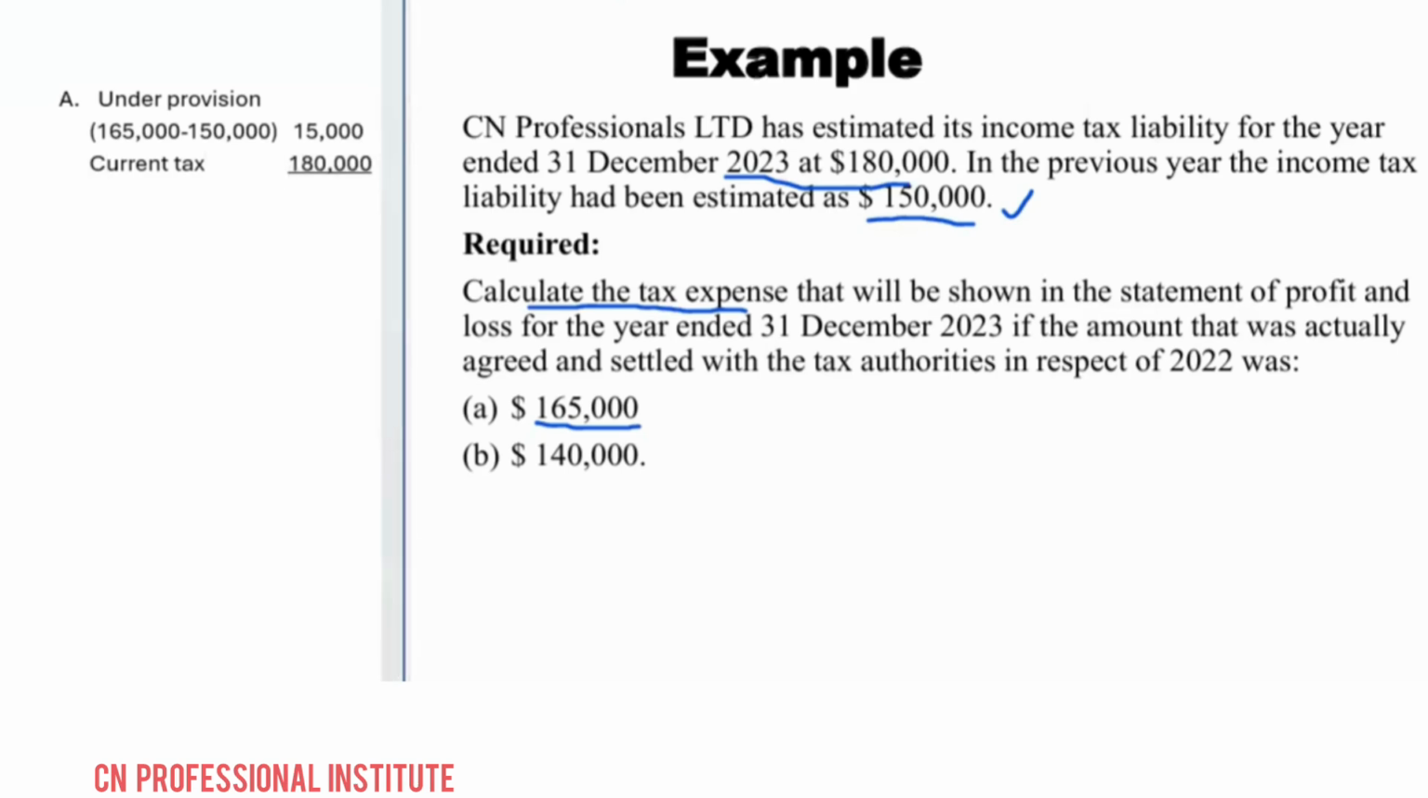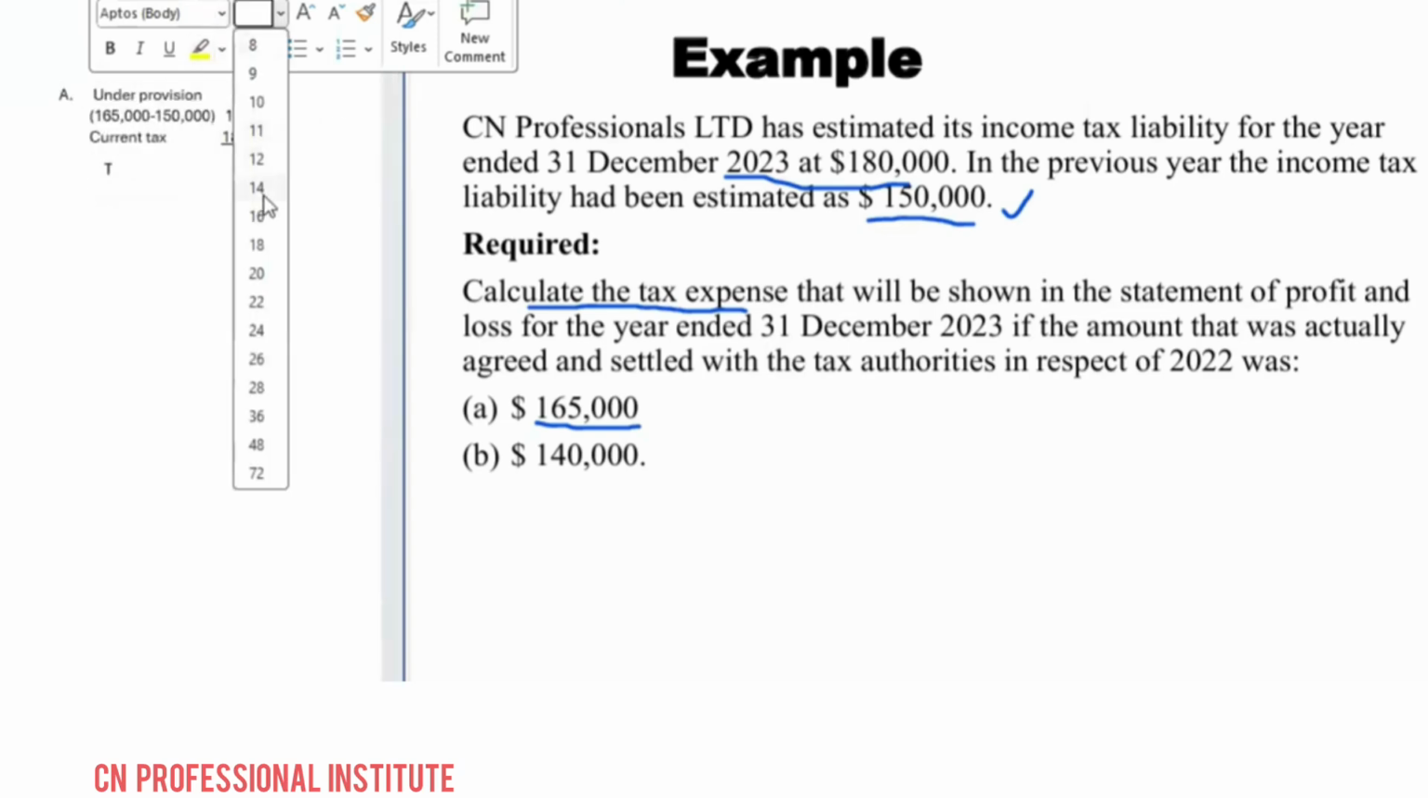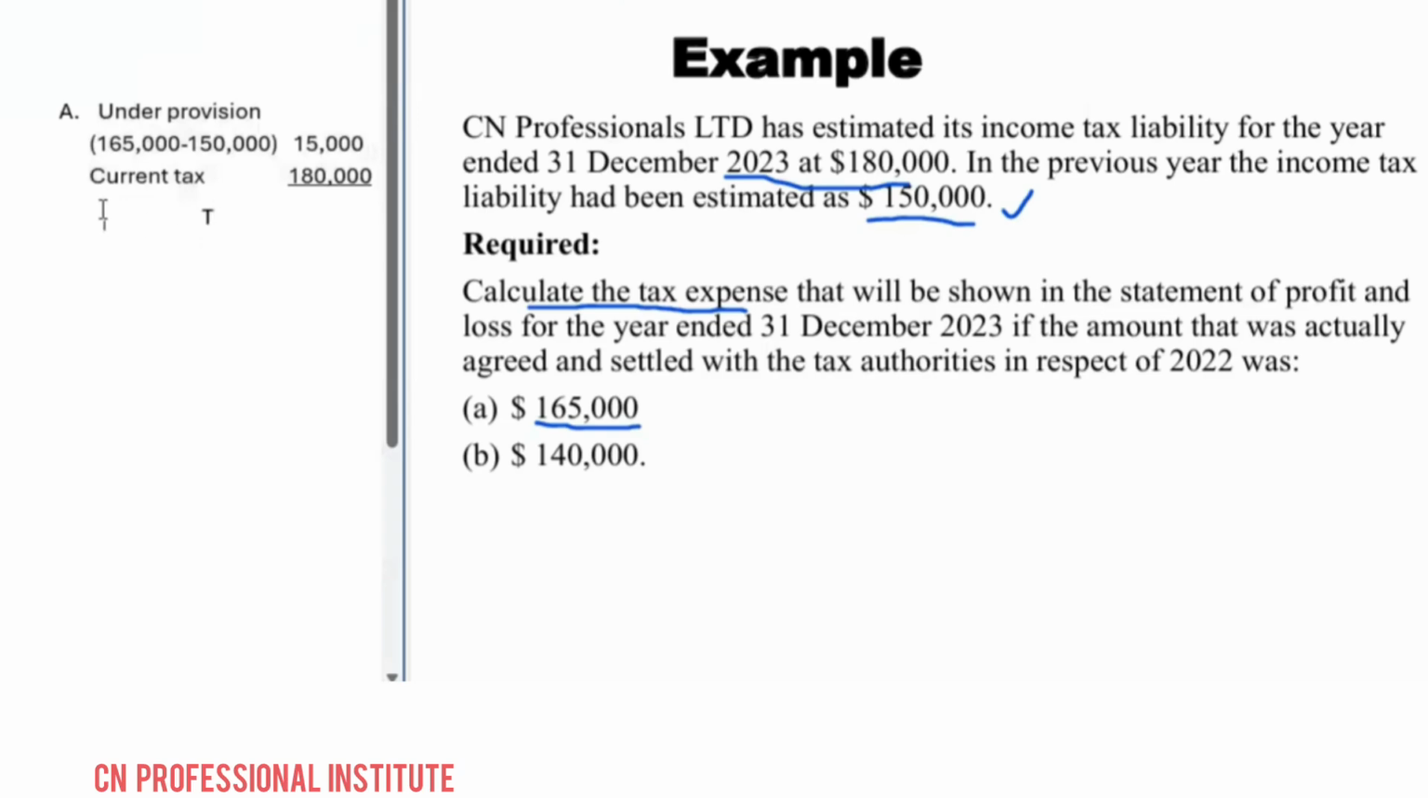Okay, so the tax expense for the P&L will be the sum of the two. Are you following? So as simple as A, B, C, right? So you just have to know that if it is under provision, you add. If it is over, you deduct. So tax expense,